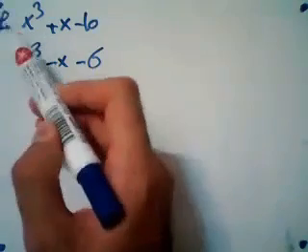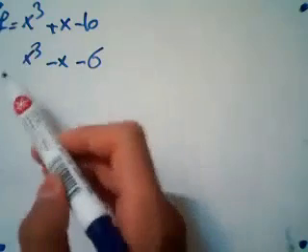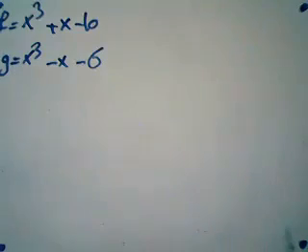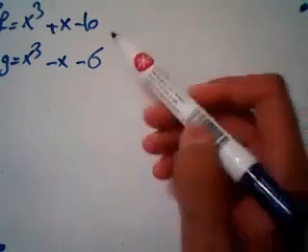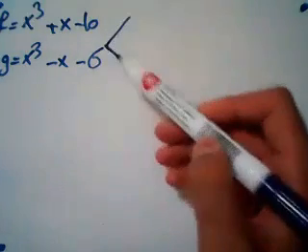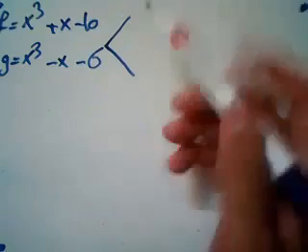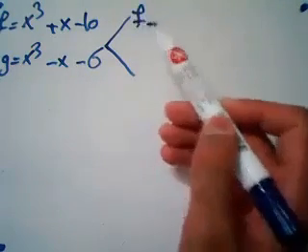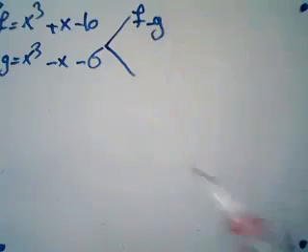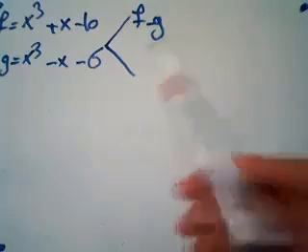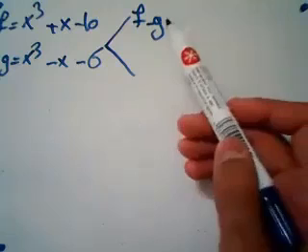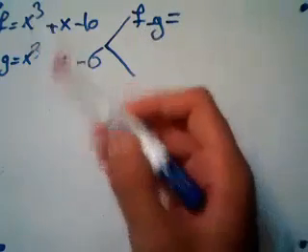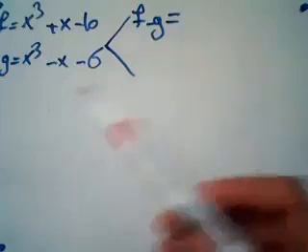Let's call this one f and this one g. Now, let's calculate f minus g, which is a linear combination of f and g. Here, these two cancel each other out,